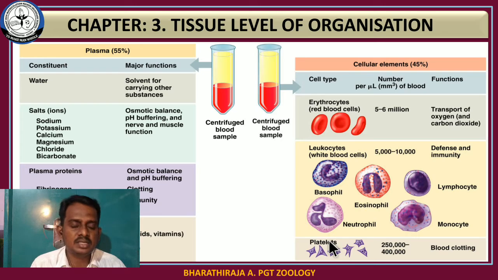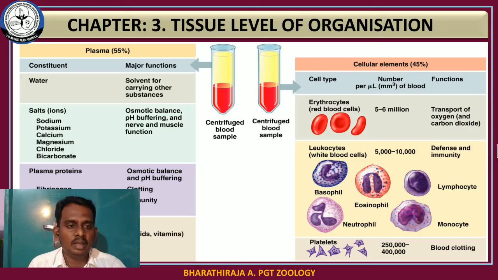The last one is platelets, and these are the cells responsible for blood clotting. Okay, these are the various components of cellular elements in the blood. In this part we discussed two important components: what is meant by blood and what are the two major components of blood. That's all for components of blood. Detailed study about the RBC, the WBC and the various components of plasma, we'll discuss in chapter number 7. Okay, and for the tissue topic, this is enough for your board exam.